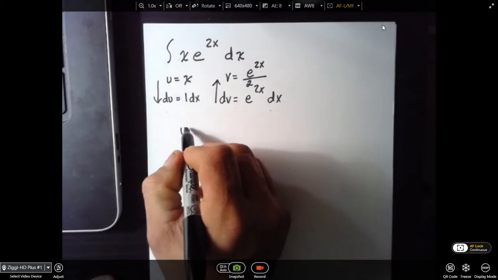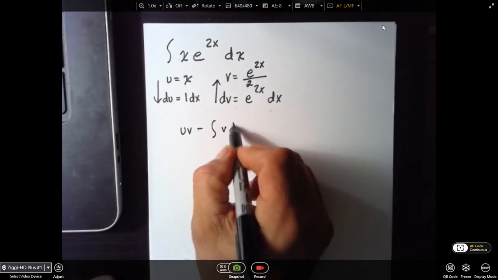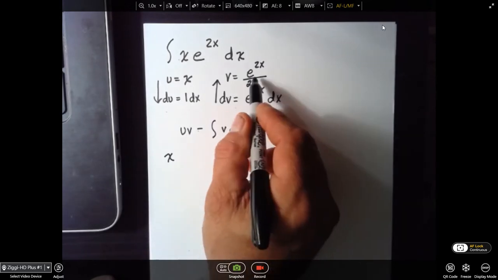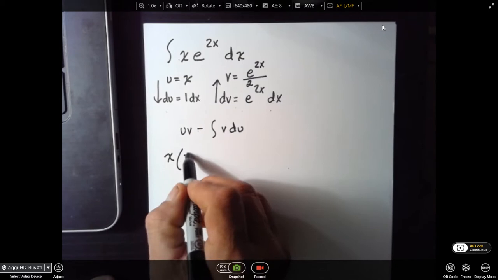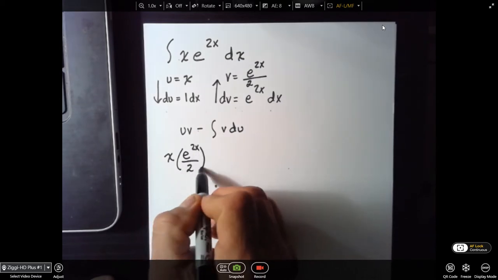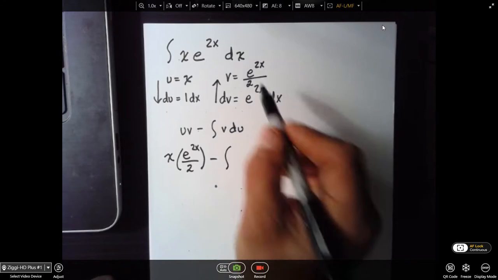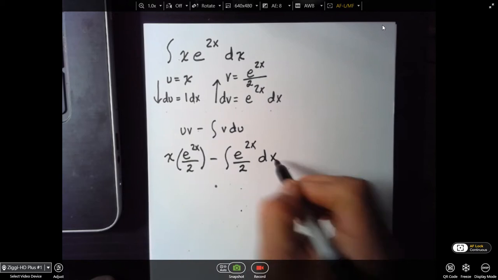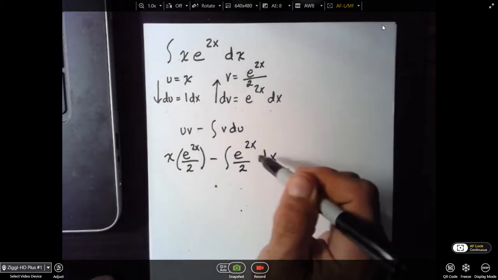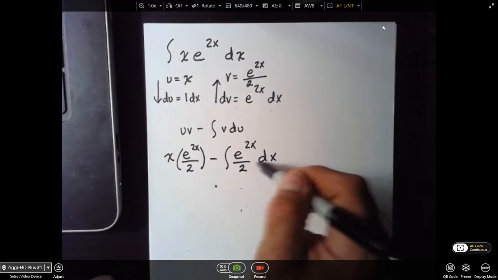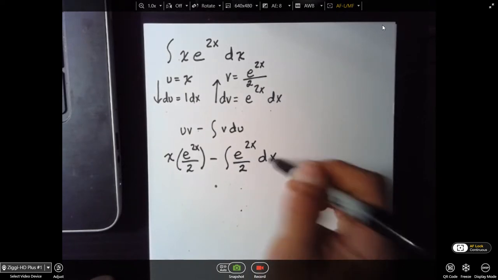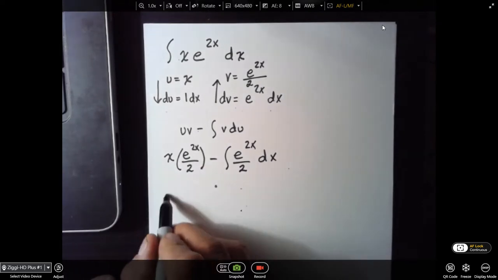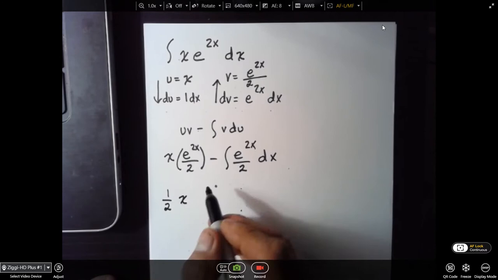So ultraviolet minus voodoo. So u is x, v is e to the 2x over 2, minus the antiderivative of v, e to the 2x over 2 dx. And at this point you see that the u du portion starts to cancel out, and you're left with the antiderivative of dx, which is 1. So you can rewrite this, bring the 1/2 out front. That's going to be 1/2 x e to the 2x